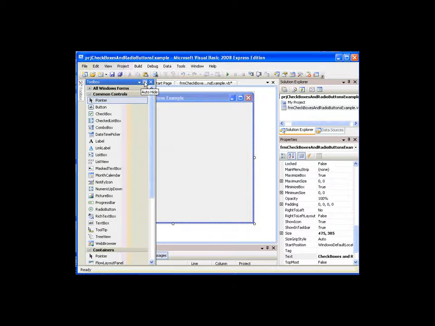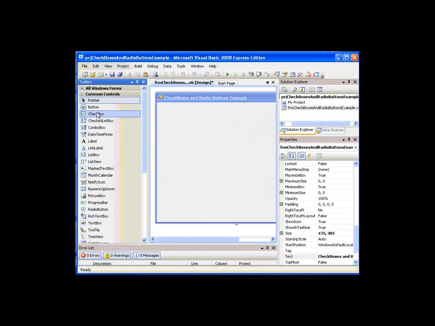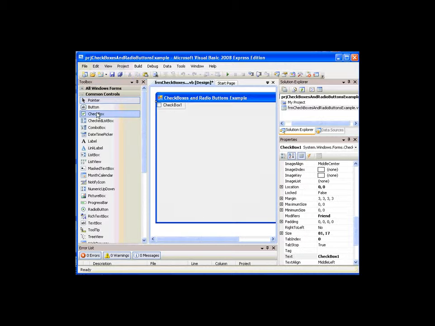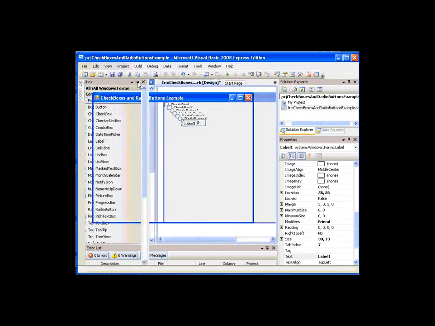So I'm going to pin this in place, and I'm going to come down to a checkbox. I'm just going to double click, and that puts it over there. You see it on the form? And I'm going to double click again because I want 2 checkboxes. I would like about 4 radio buttons, so 1, 2, 3, 4. I would like a regular button, and I'd like a label. There we go. Now I can unpin this and go